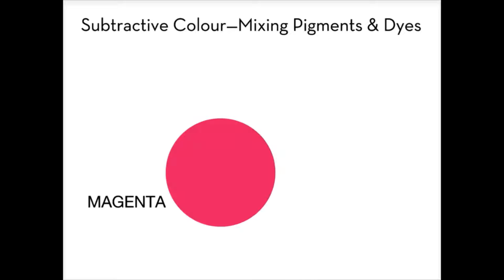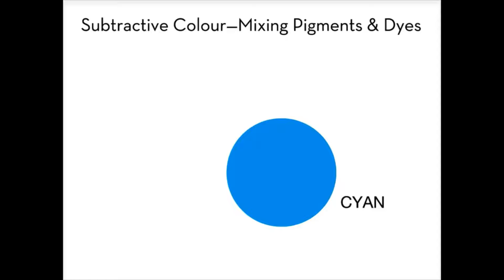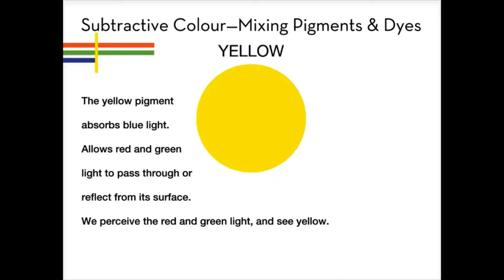In the additive demo, I started with a dark screen onto which I projected colored light. In mixing colored pigments, I begin with a white screen that represents white paper onto which I shall apply different subtractive primary pigments. The 3 primary pigment colors, or primary subtractive colors, are yellow, magenta, and cyan. The yellow pigment absorbs blue light, allows red and green light to pass through or reflect from